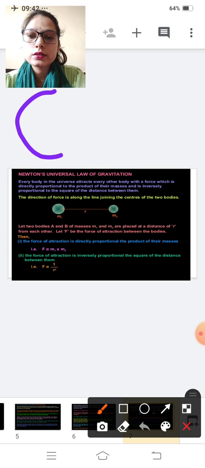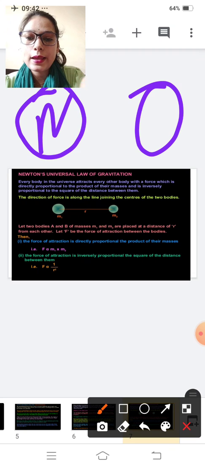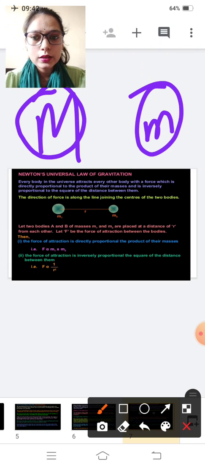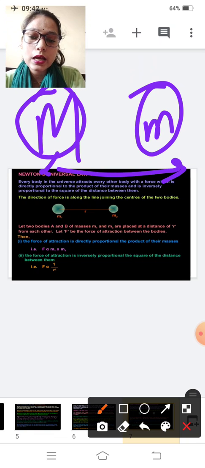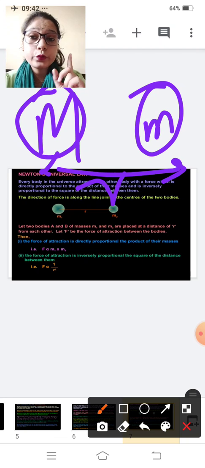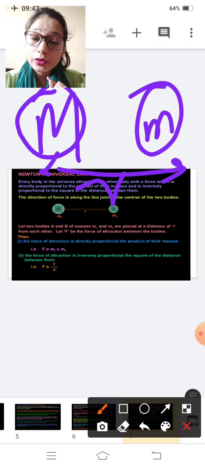Now take two bodies, this one and this one. This body has capital M mass and this body has small m. You can take m1, m2. I'm taking M and small m. The distance between these bodies is r. Clear? So the first point is, every body in the universe attracts other body with the force which is directly proportional